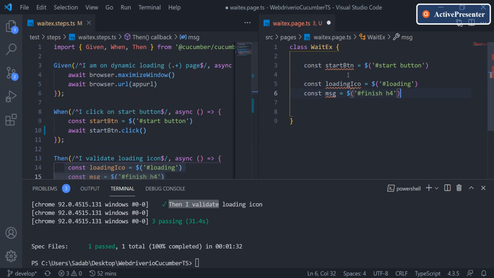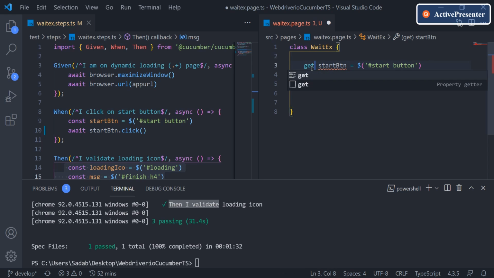No, that's it. I think we have very few locators. Now this will not be a const here in the locator, it will be a getter, then brackets, a return statement, and the closing bracket will be not here but here. We have already seen in the previous video how to create a getter, so I'm just doing it the same way. There's nothing new here.